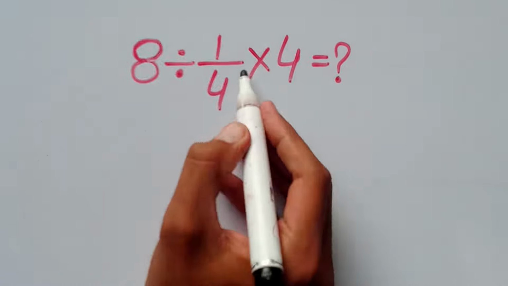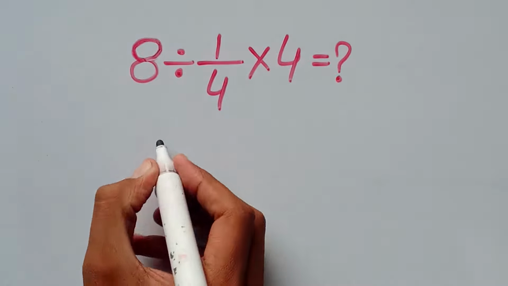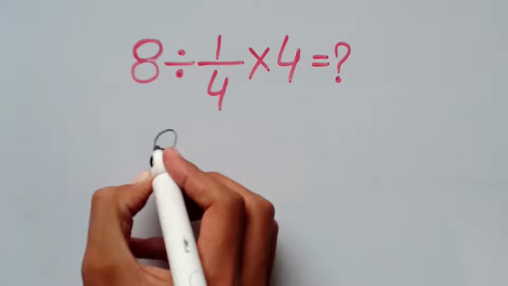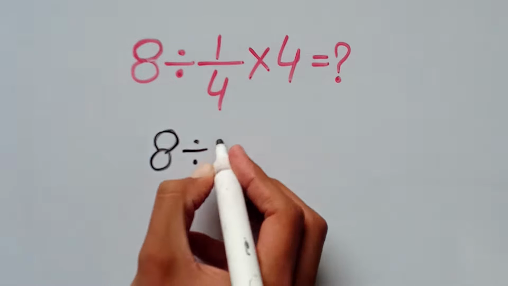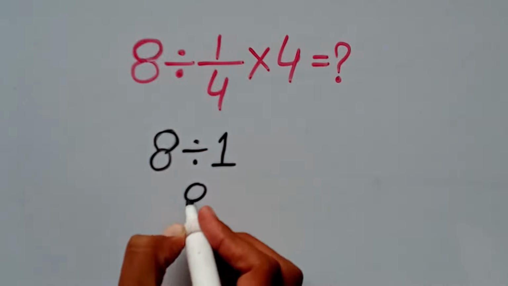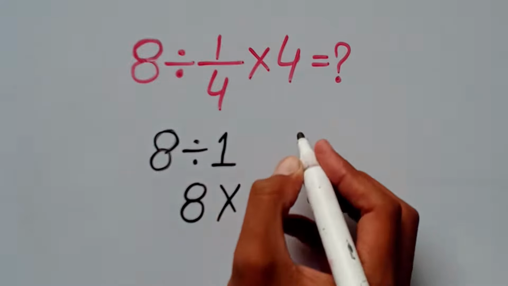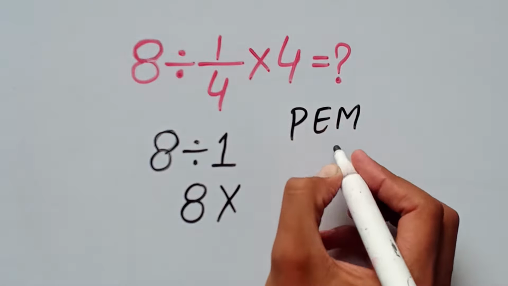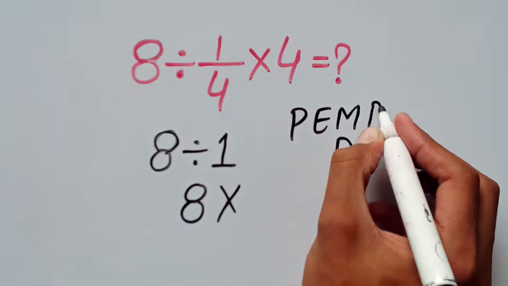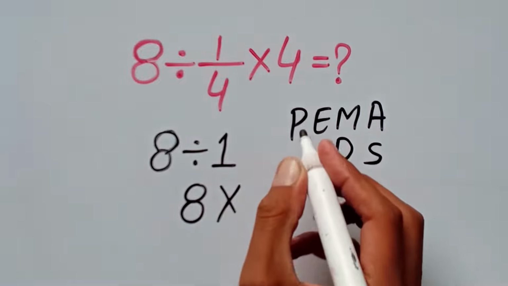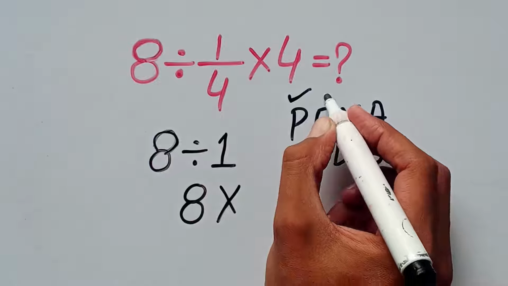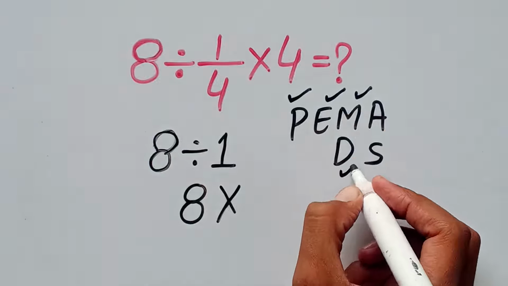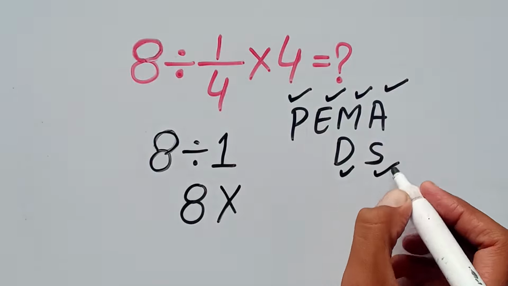We can easily cancel this 4 and this 4, and we can write 8 divided by 1, which is equal to 8. But this answer is wrong because of the order of operations, which is called the PEMDAS rule. According to the rule of PEMDAS, first we solve parentheses, then exponents, then multiplication and division, after that addition